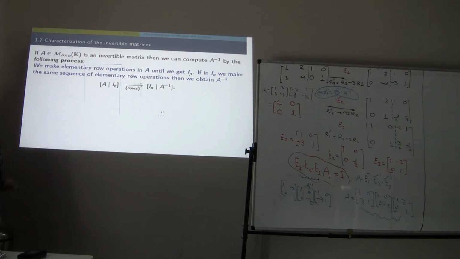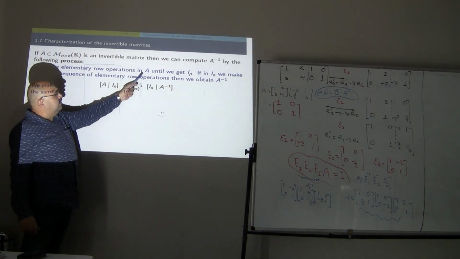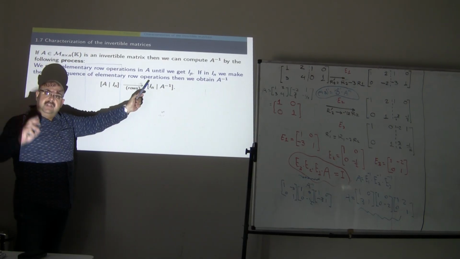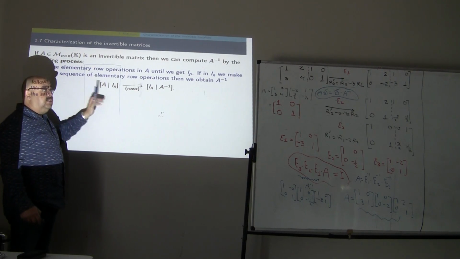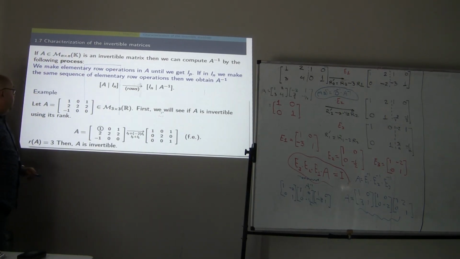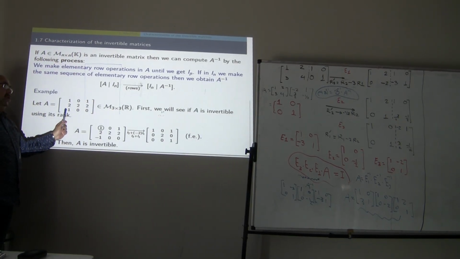He is telling you we make elementary row operations on A until we get I n, which is the identity matrix. That's the same procedure as what we did previously. So starting from this matrix, for example, if I want to get the inverse of this matrix or to know if it is invertible or not, I can easily